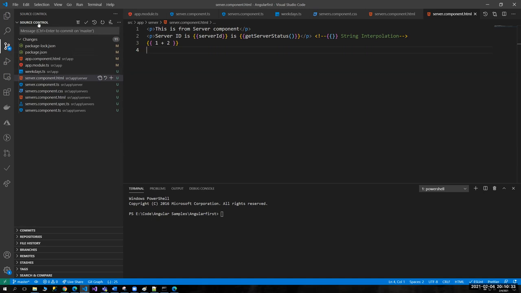Once you go to source control, you should see some options. Right now, for me, it just says changes, but for you, it may ask you. Let me stop sharing. And also